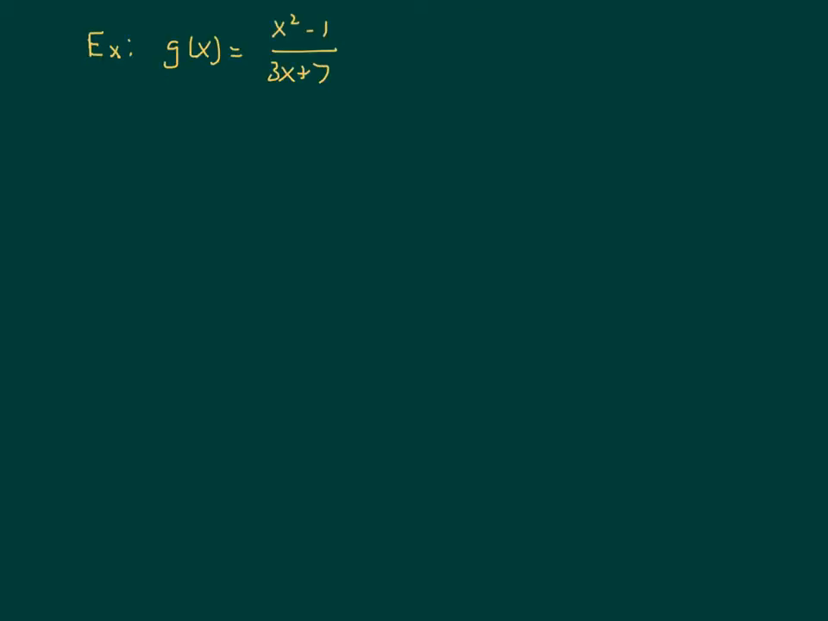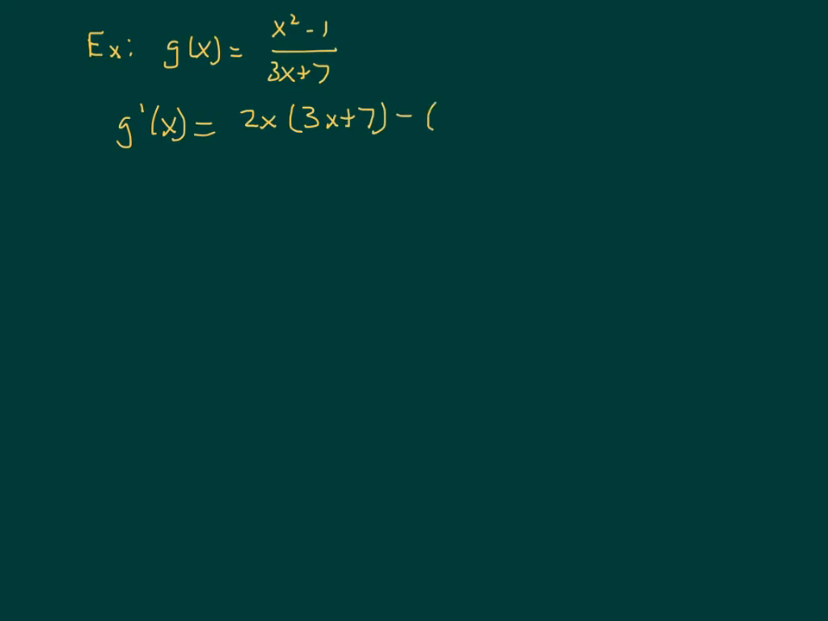Let's take a look at an example. We'll save a proof on this one for another time. In this case, g of x is going to be x squared minus 1 over 3x plus 7. I want to find the derivative of g. So I know g prime of x by the quotient rule is going to be the derivative of the top. Well, the derivative of x squared minus 1 is just going to be 2x times the bottom, which is 3x plus 7,